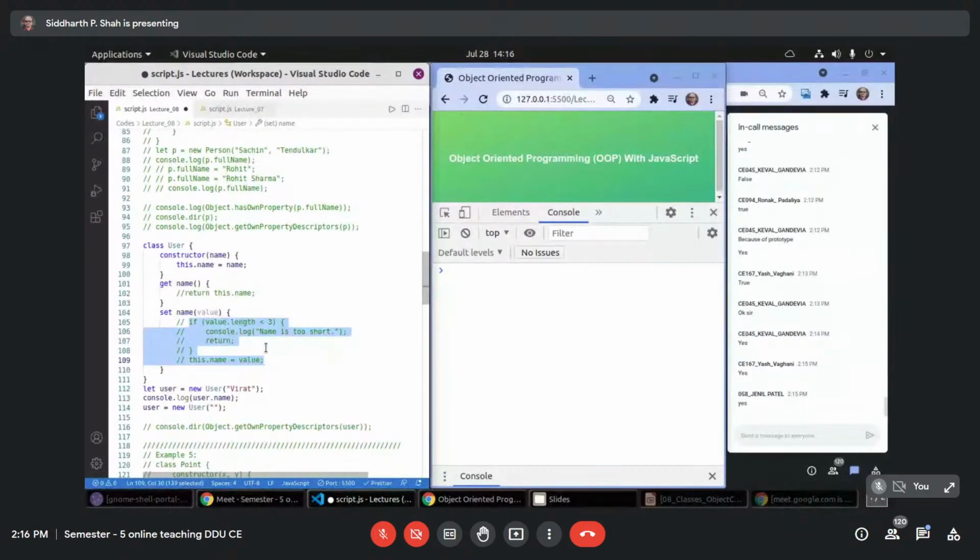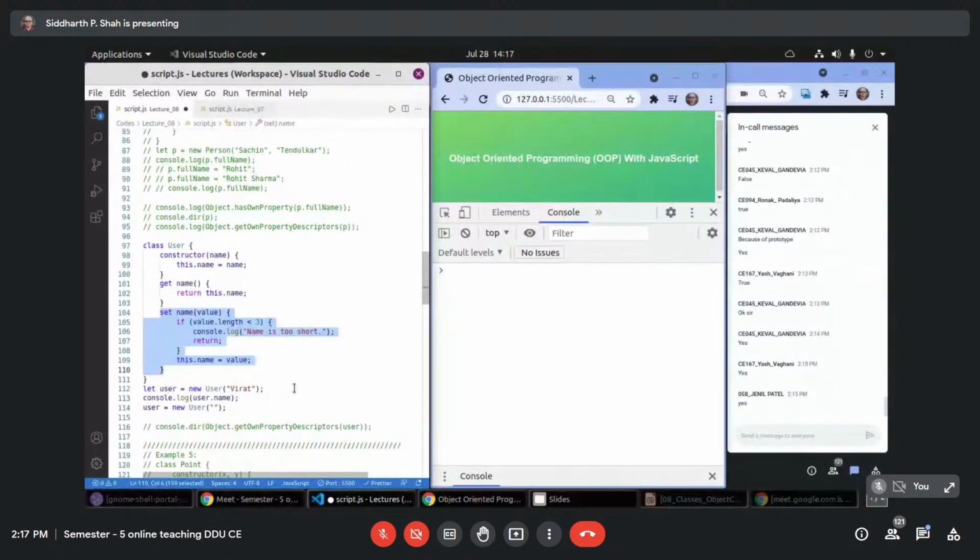What I'm trying to say is, normally when you create an object, when you create User with some name, inside the constructor when you do this dot name equal to name, and if you have a setter method with the same name, actually this is going to call that method.